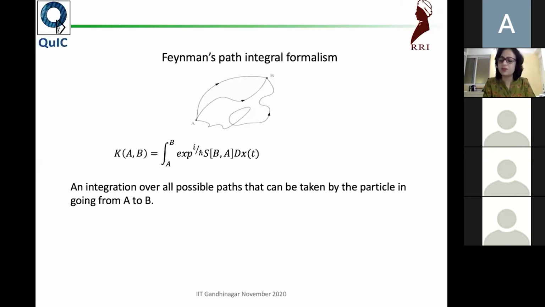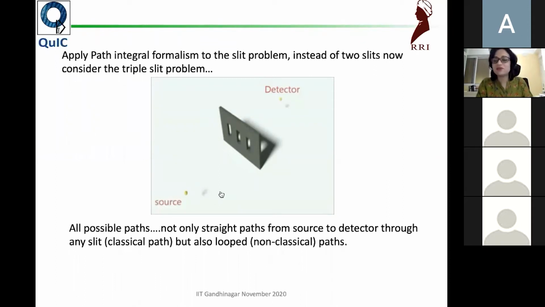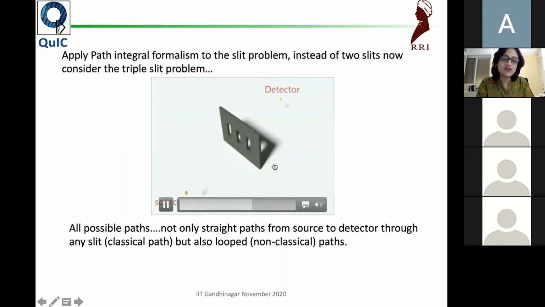I'll skip what the path integral is. Having said that, if this video is working, you can see that if you apply it to the slit problem, and let's say, is this video working? Yes, the bar is moving, but there is no path coming out of it, which is a very interesting situation. So now people who are sleeping will wake up, hopefully, because the video is not working, right? The idea would be that, if it was working correctly, you would see